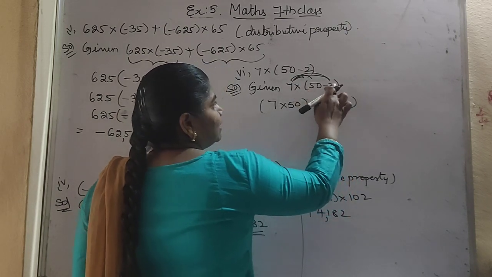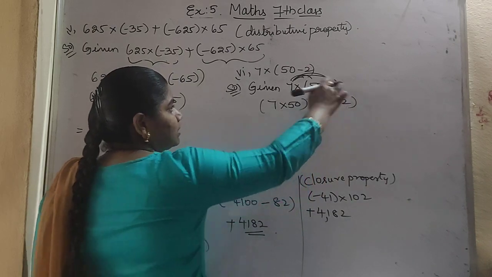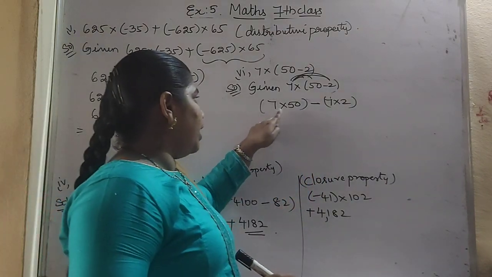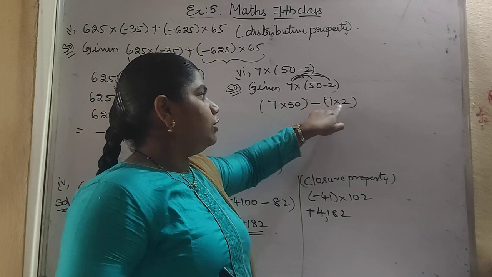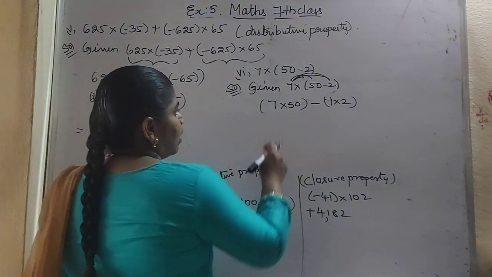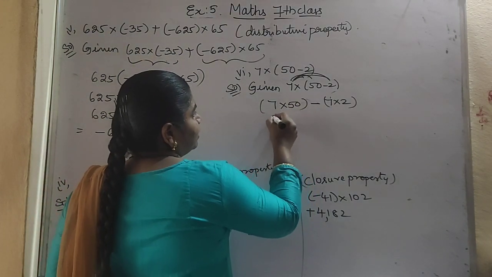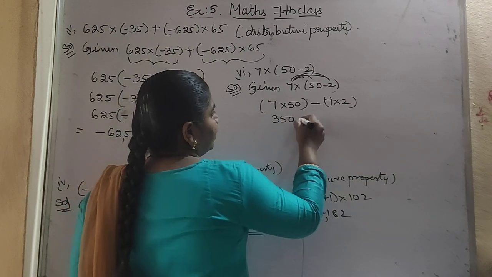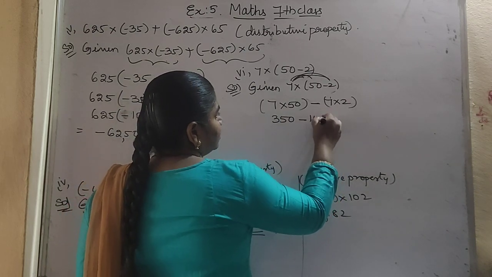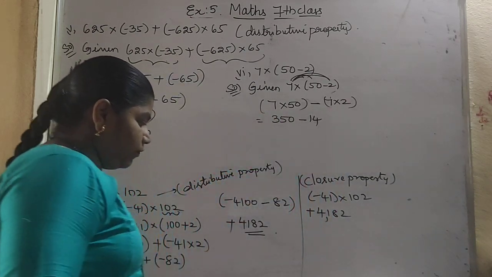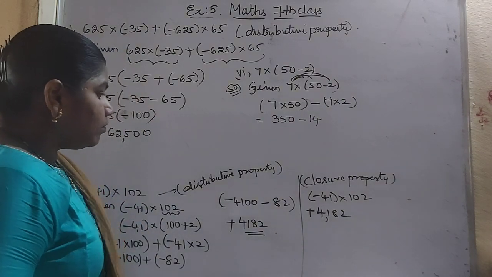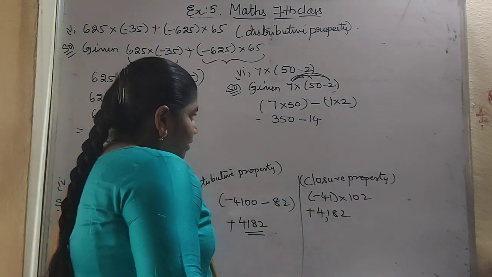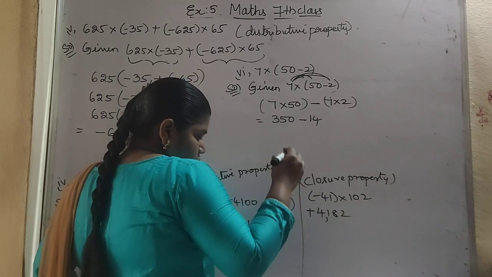A into B plus C. A into B minus C will be equal to A into B minus A into C. Okay, so now 50 into 7. 7 fives are 35, so it will be 350 minus 7 twos is 14. So 350 minus 14 will be equal to